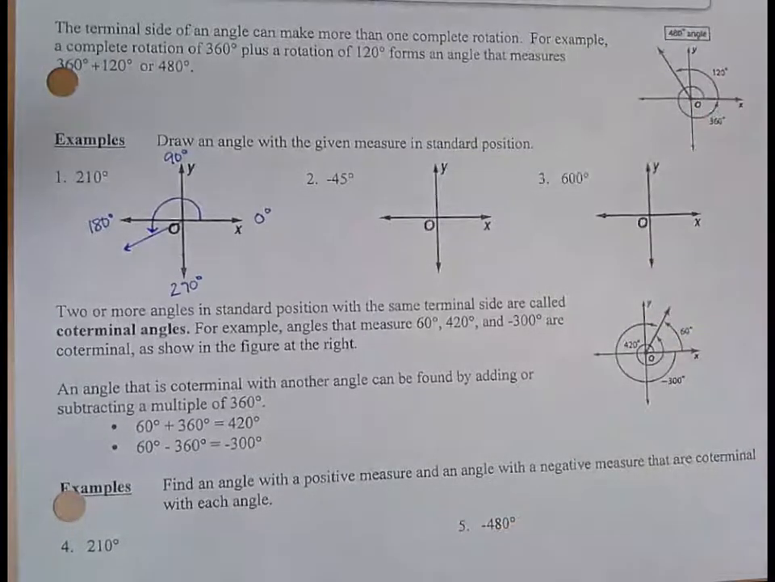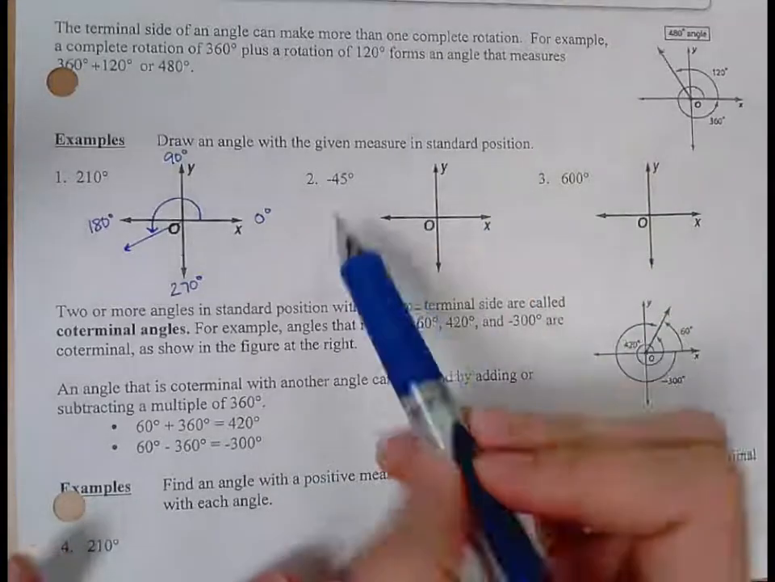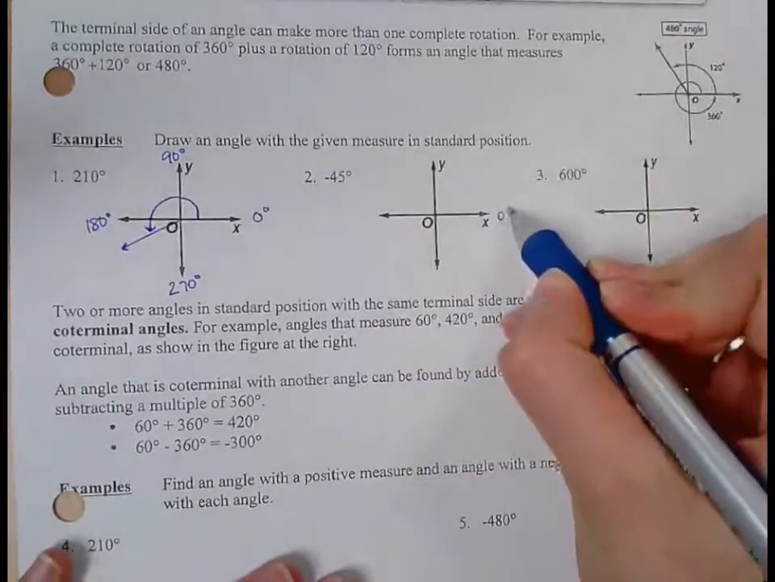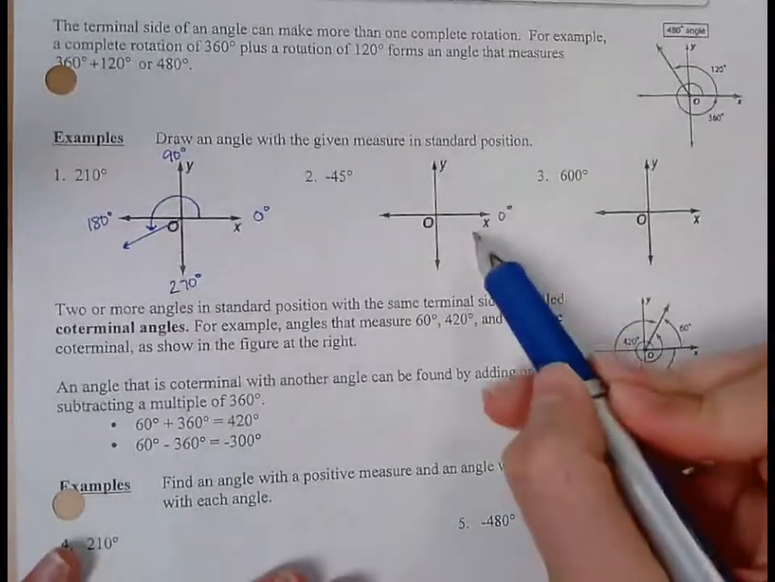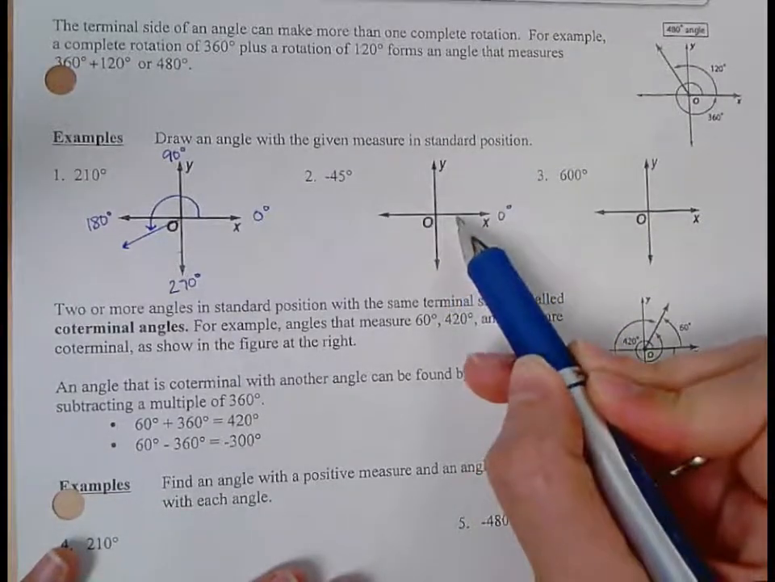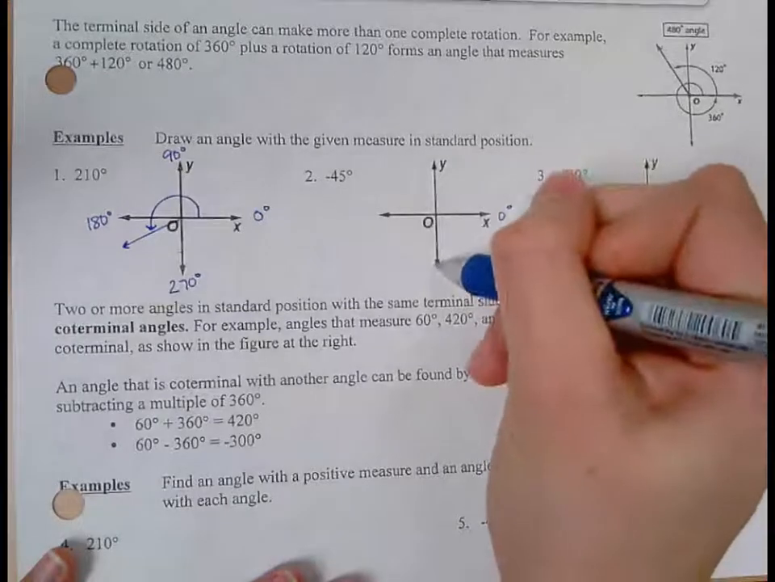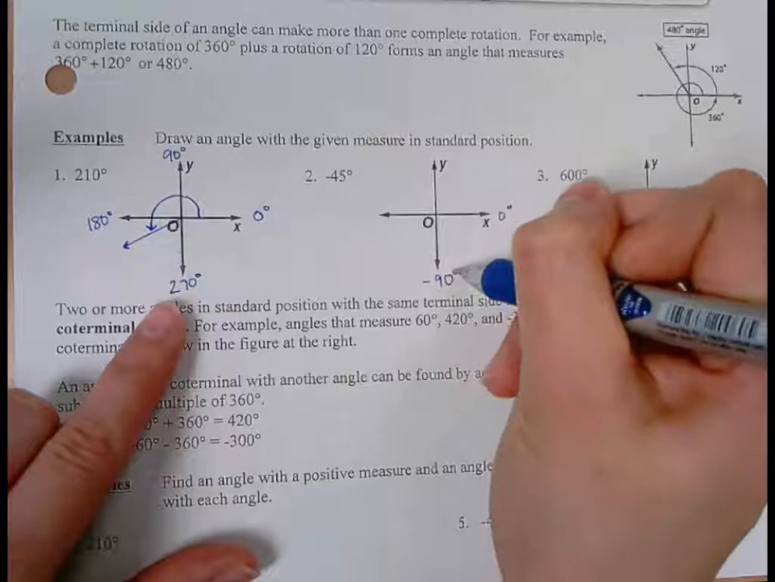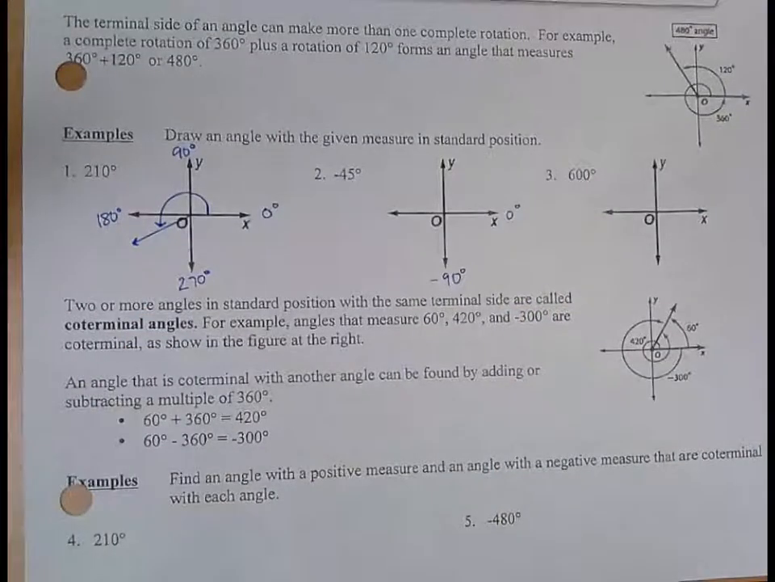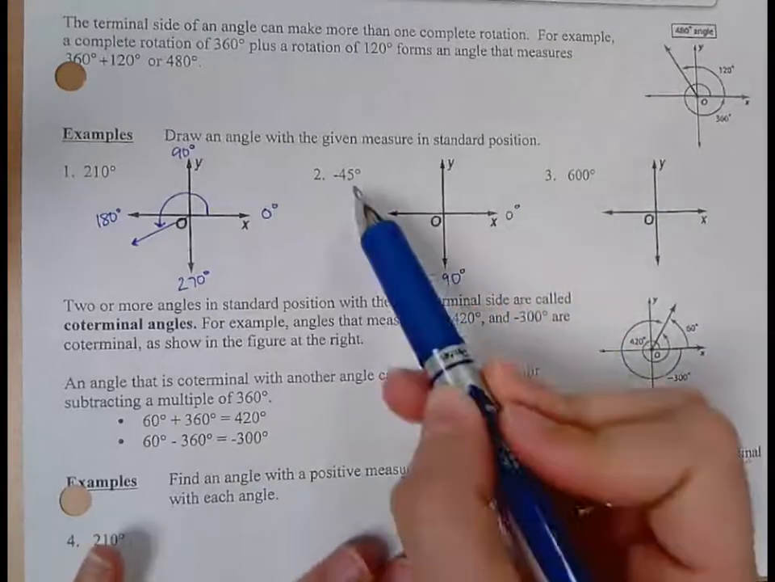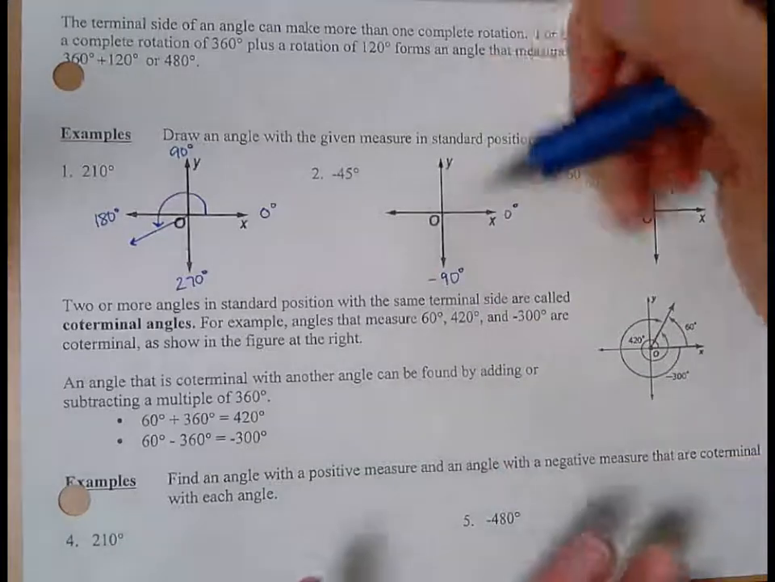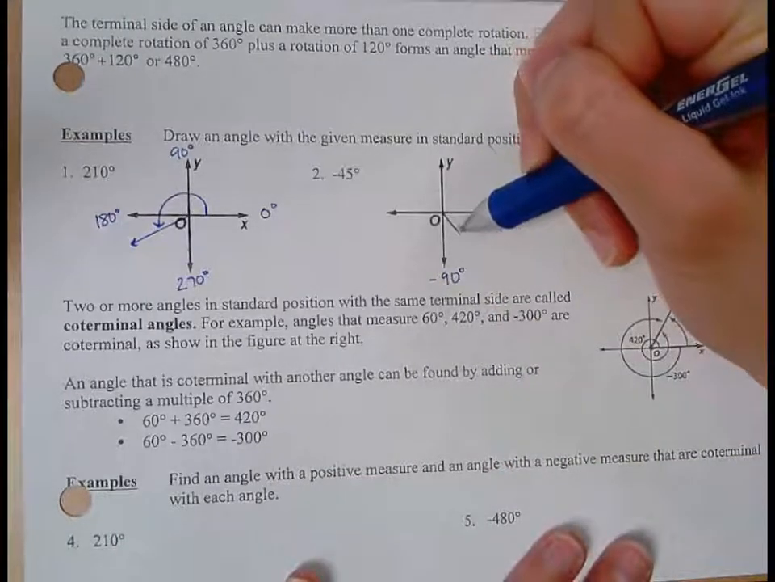Example 2 is a negative 45 degrees. So if it's negative, I'm starting out going clockwise. So I'm still starting at an initial position of 0. But now if I'm starting out going down, that makes a quarter of the way. Rather than labeling this 270, I could label this as being negative 90. So a quarter of the way would still be 90, but it would be negative if I'm starting out going clockwise. So then, since 45 is halfway between 0 and 90, I know that terminal side would be halfway in between